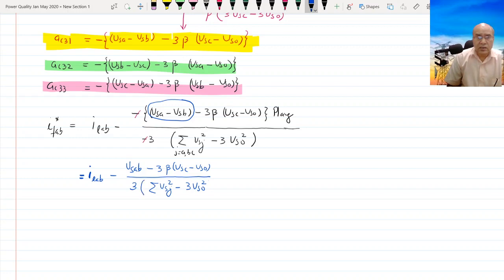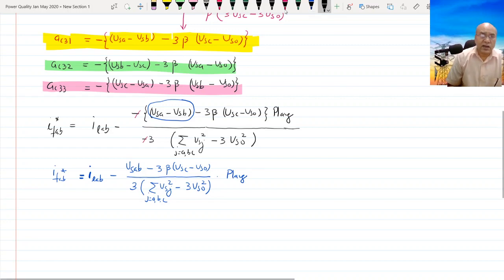Close this bracket, substitute J for ABC. This is IFAB star, and into of course PL average. So this into PL average,